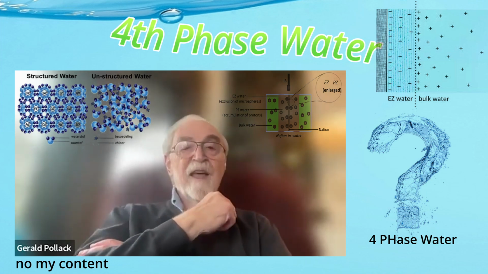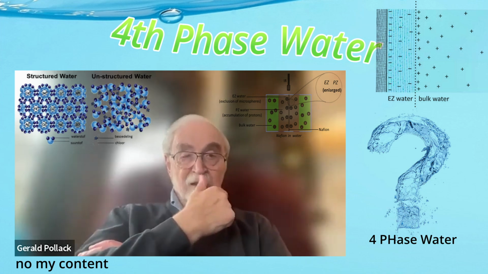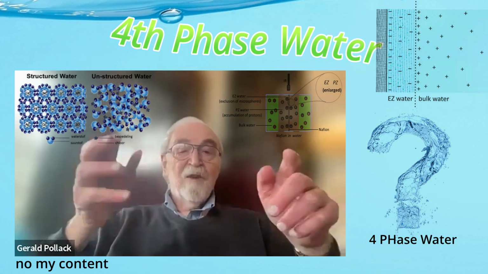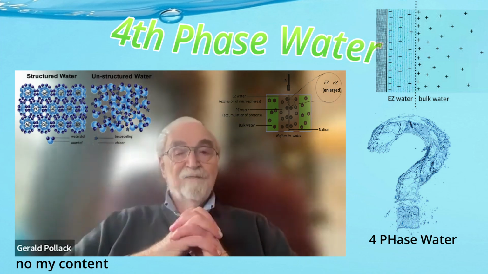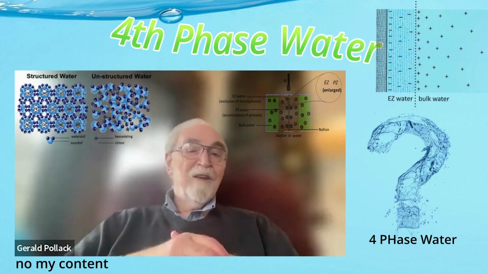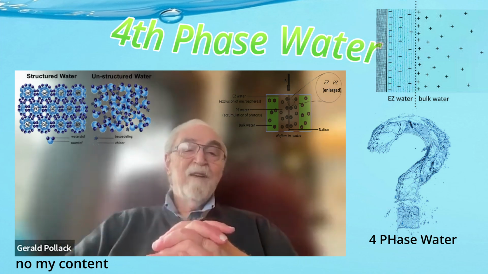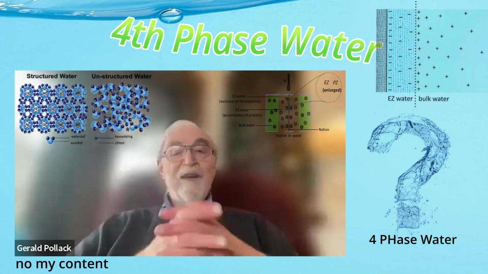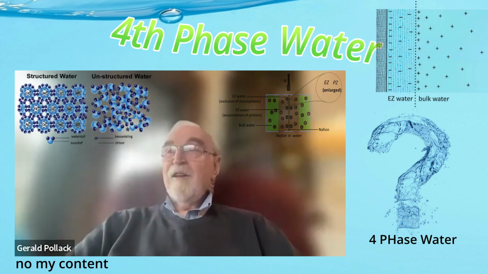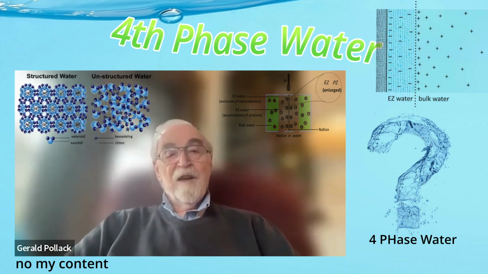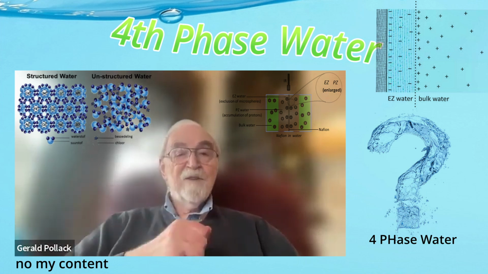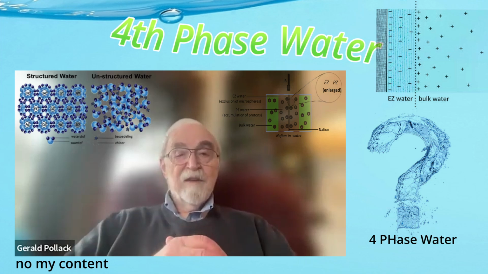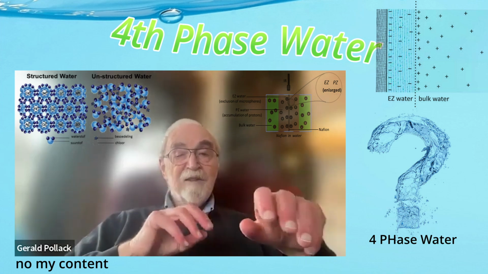I guess there are a couple of major features of this that I should mention. One is the electrical charge. Now, water is neutral, and we had every reason to expect that this region would be neutral. And lo and behold, the EZ was negatively charged. We've measured this over and over, including up to today, and we find negative charge. There's got to be another zone of positive, because otherwise it doesn't make any sense, since you started with something neutral. So we looked, and we found that the positive charge was situated just beyond the exclusion zone. So the exclusion zone is negative, and the region beyond the exclusion zone is positive. That means you've got a battery, minus, plus.